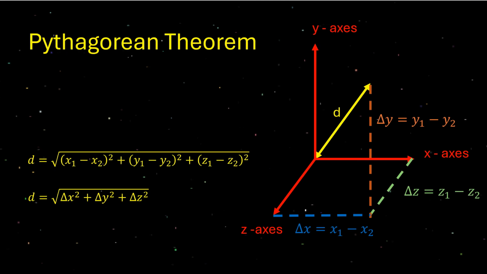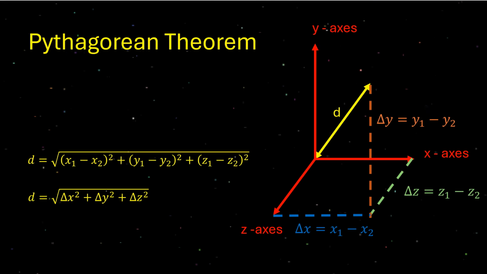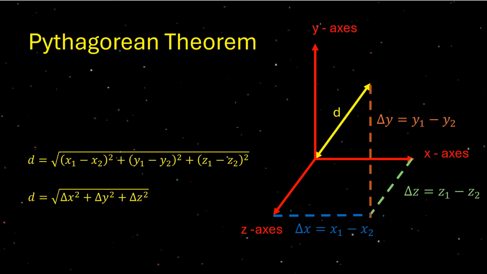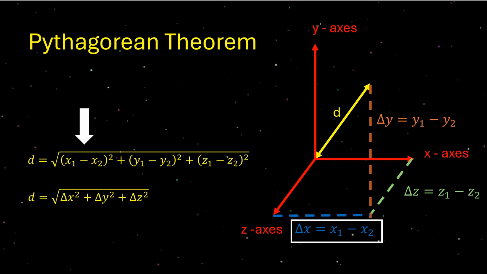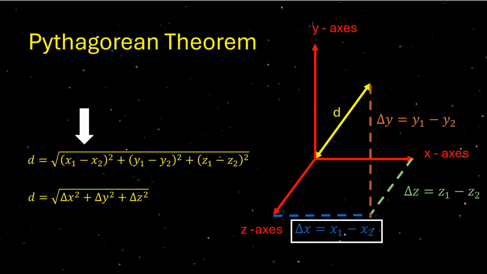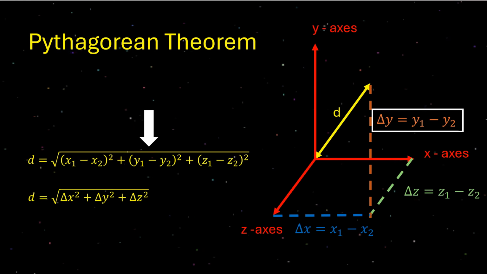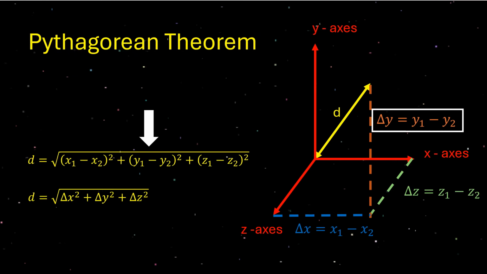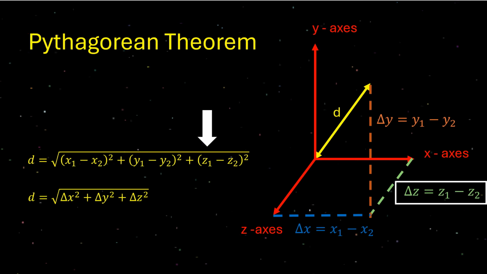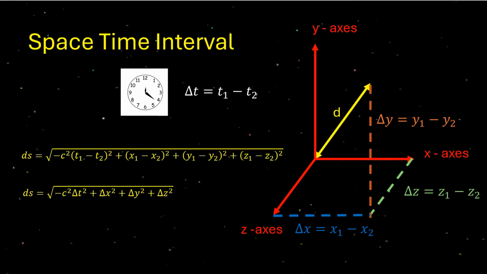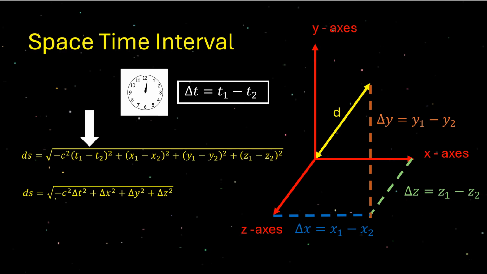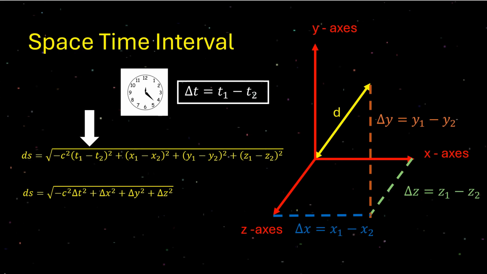Recall that the Pythagorean theorem in Cartesian coordinates gives the distance d between 2 points. By the formula, d equals the square root of (x1 minus x2) squared plus (y1 minus y2) squared plus (z1 minus z2) squared. The spacetime interval extends this concept to special relativity, where we must consider distances in both time and